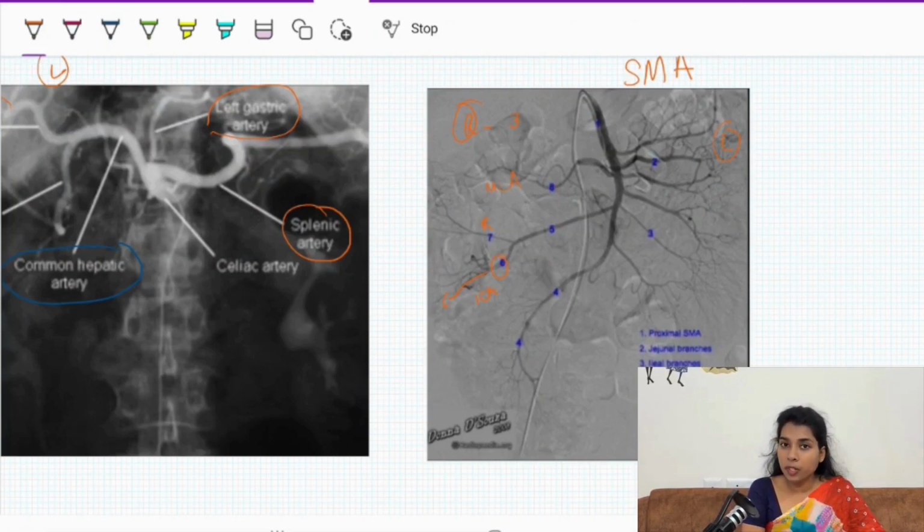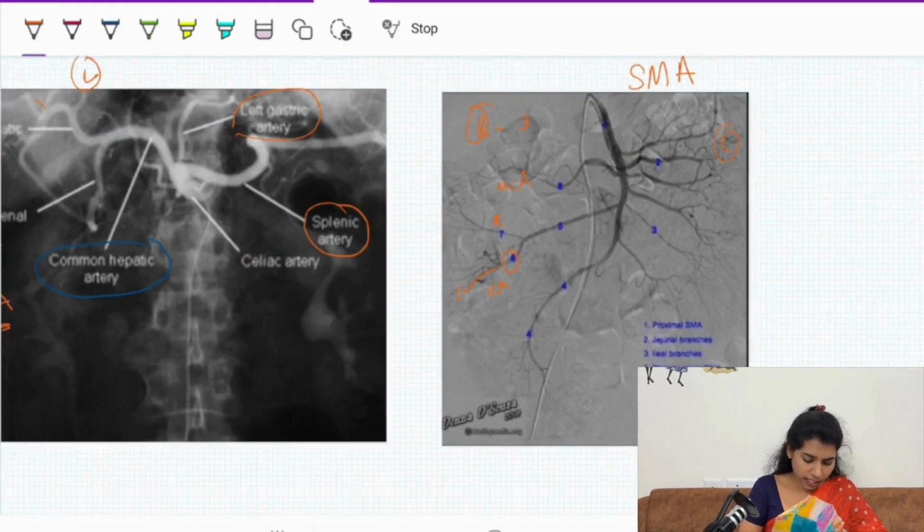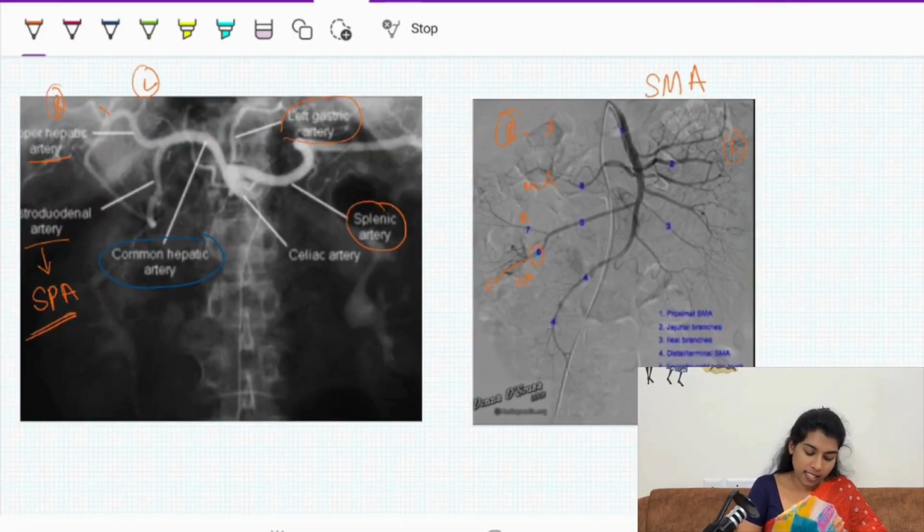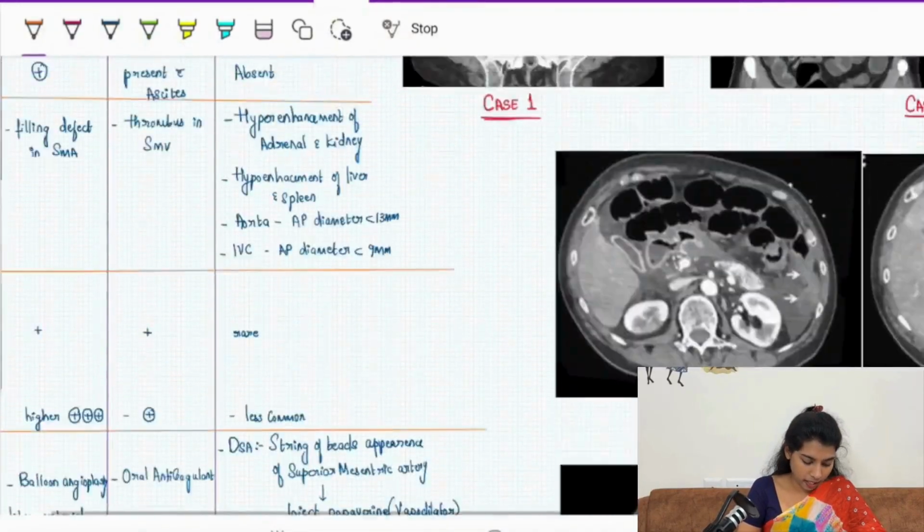The next question which people would ask is this: where are the inferior and middle rectal arteries coming from? They come from the internal iliac artery. This is important, guys, because there's an anastomosis happening over the rectum between the superior, middle, and inferior rectal arteries. Now, we are done with the anatomy. We'll start with the topic, that is ischemic bowel disease.